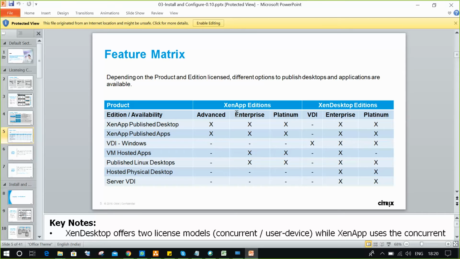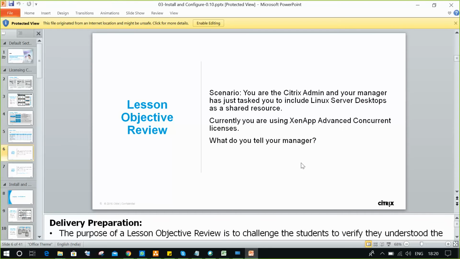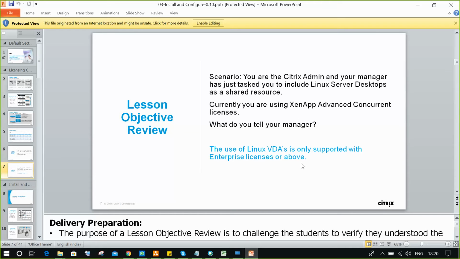Linux desktop in the XenApp edition only comes with the Enterprise and Platinum editions. So you can clearly tell your manager it is not possible, boss. It is available in another edition, but we are not using that. Currently our edition does not support it, so you can tell your manager.